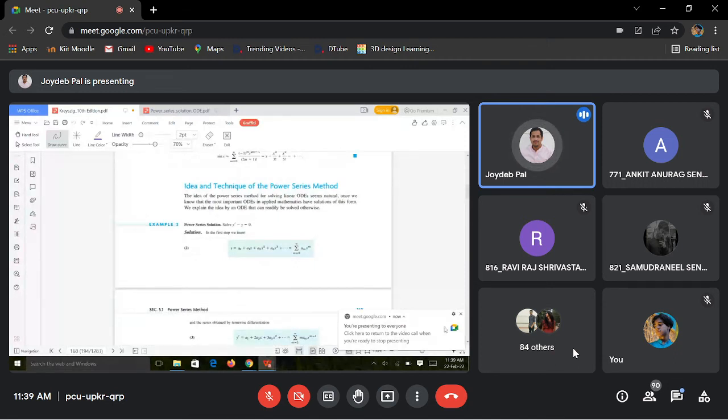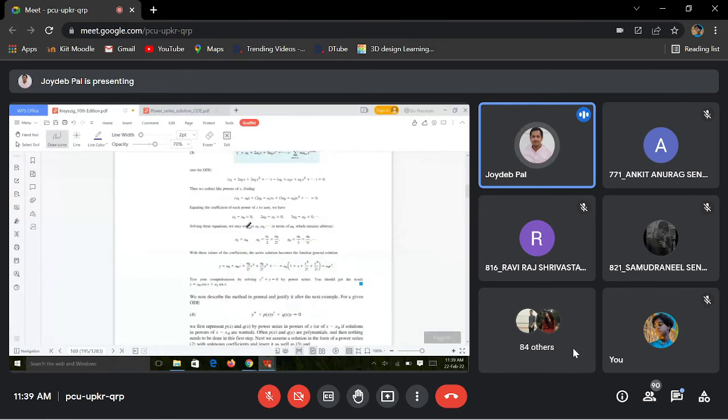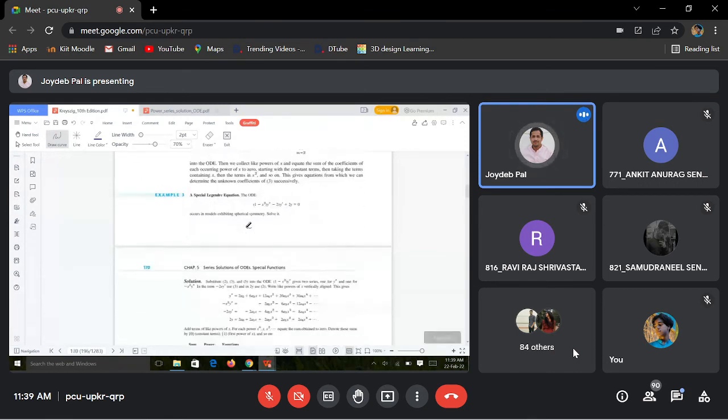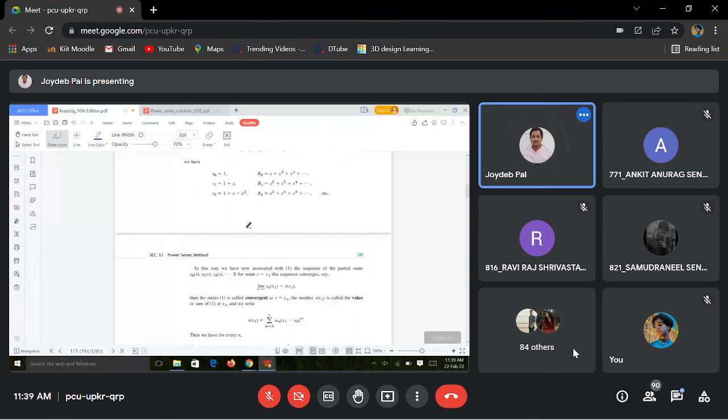तो यहाँ पे पूछा है एक क्वेश्चन कि solve this by power series solution method. How to solve? So it is an example. I'm not taking this one. I'm taking another problem from the exercise. Okay.